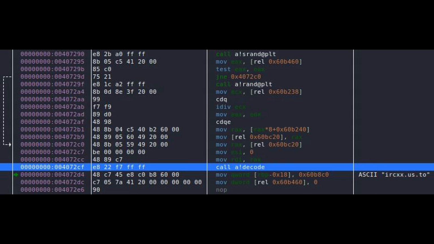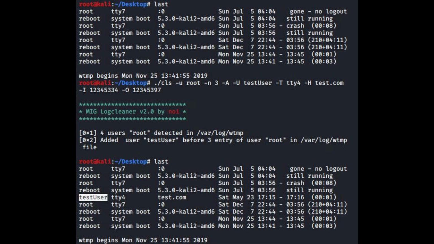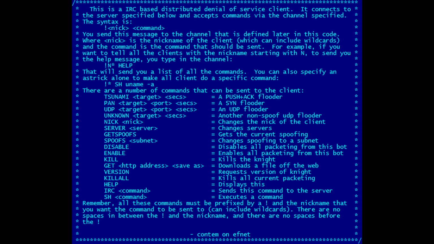Once inside, Tsunami malware would run as a compiled binary and would often rename itself to blend in with normal system processes, which made it less noticeable during basic monitoring. It would then connect to an IRC server, typically over common ports like 6667, and join a specific channel where it waited for commands, which allowed attackers to control large numbers of infected machines in real time.